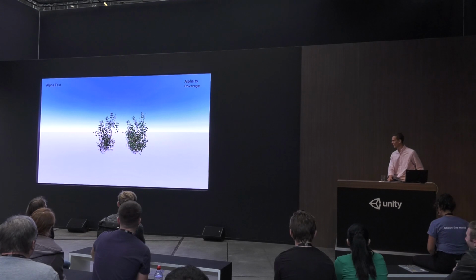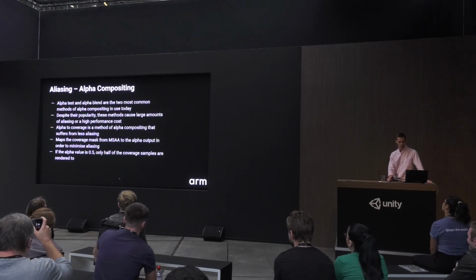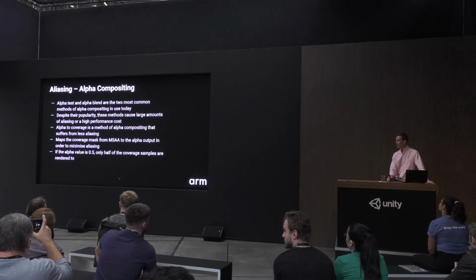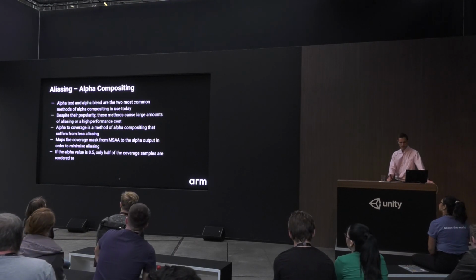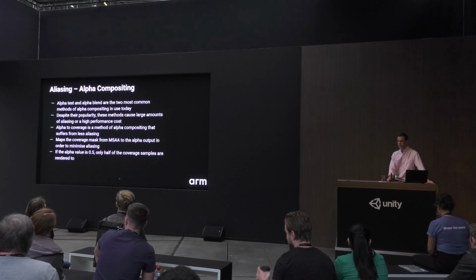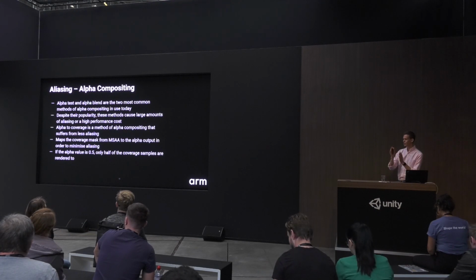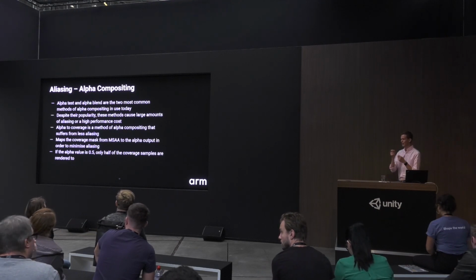So I'm sure you're wondering how to do this. We'll go back a bit, and we'll go back to the alpha test. The alpha test and alpha blend are the most common. I'm sure you guys use all of them, or you have used them, or are well aware of them. Alpha testing produces these rough edges, right? You have this binary, don't shade, do shade, and you end up with these really jagged edges